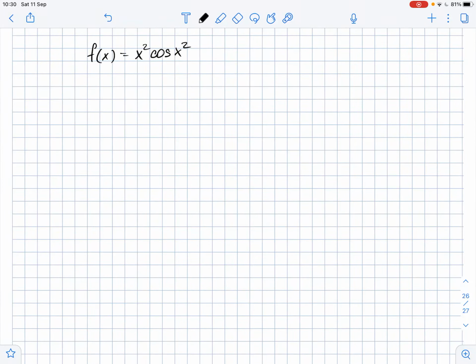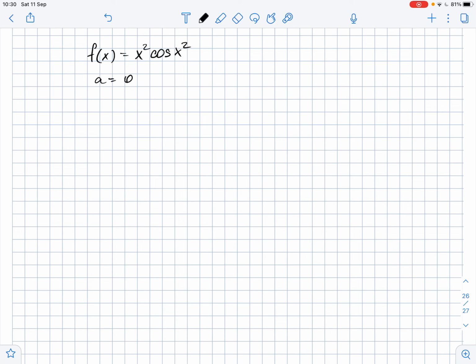So we need to find the first four non-zero terms of the Taylor series centered at 0 for the given function, and we don't need to use the definition of the Taylor series coefficients. So